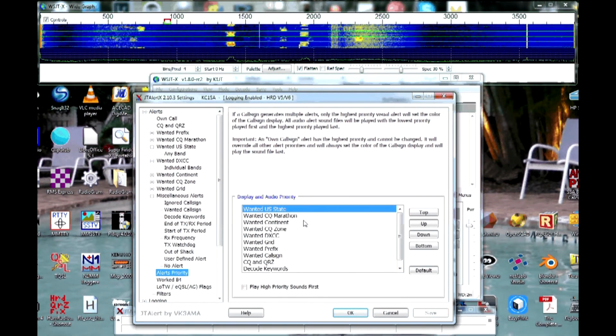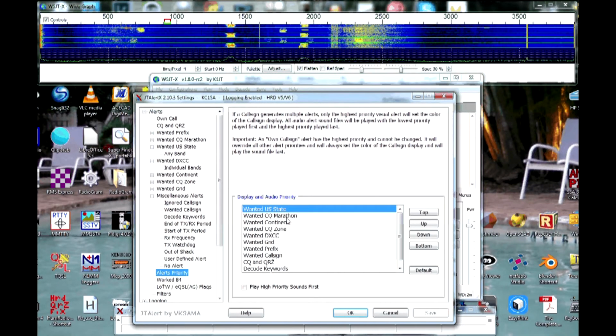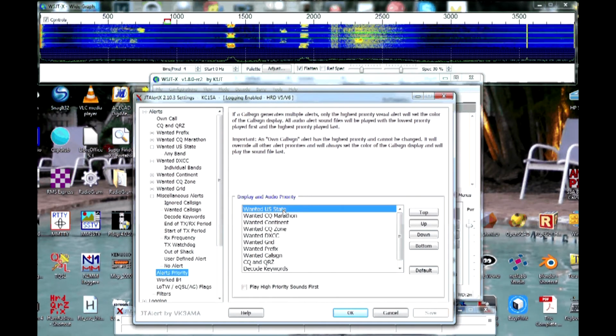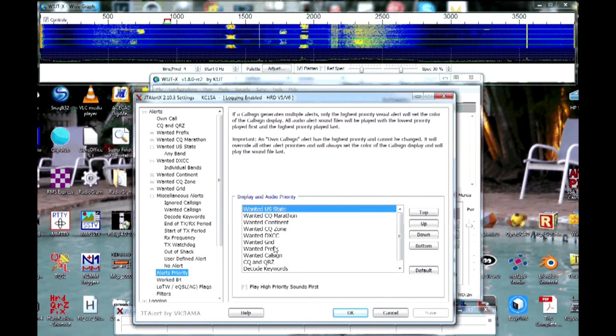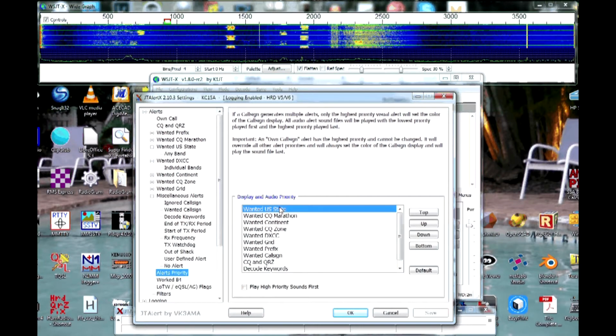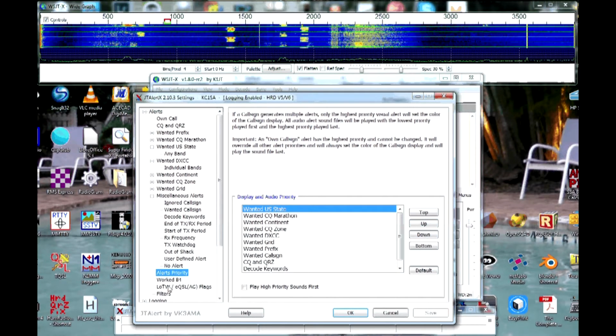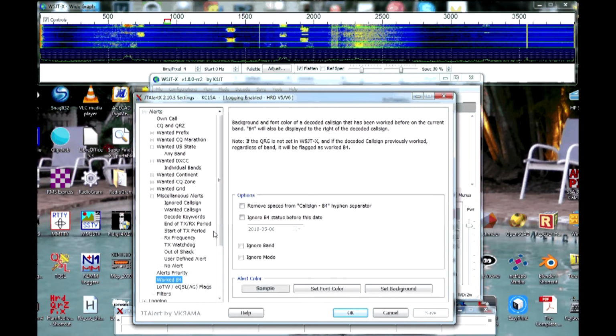You want to make sure that whatever alerts you have set, you set the priority accordingly. And in my case, I only want the US state alert, so I've got that at the top of the list. You can move those up and down by using the buttons over here. And you can also,